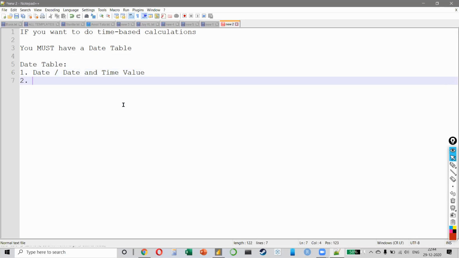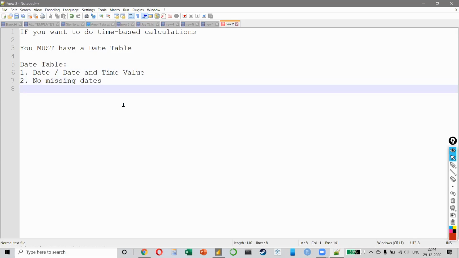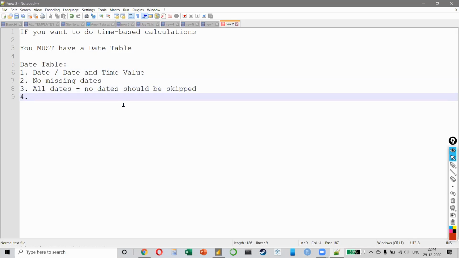The second thing is there should be no missing dates. The third one is it should have all dates, that means no dates should be skipped. And the fourth one is no date should be repeated. That means unique dates.